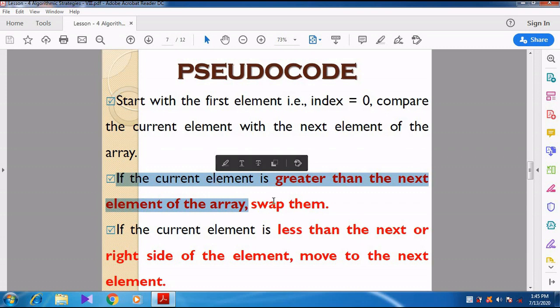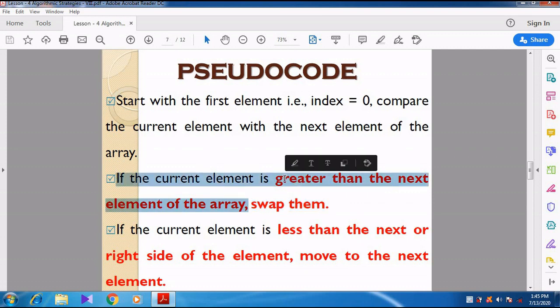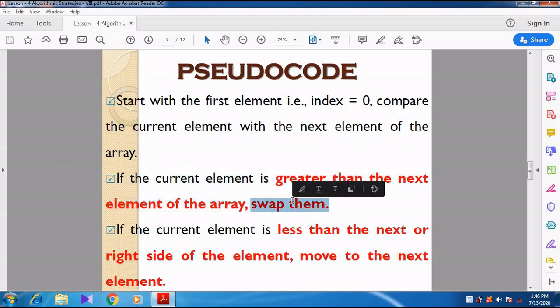We want to exchange the values, or interchange them, changing the position.